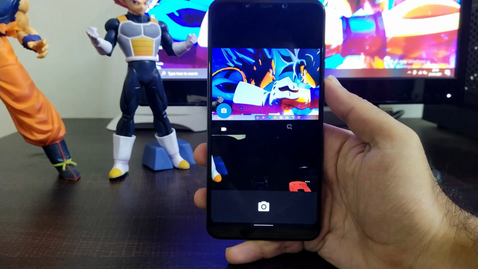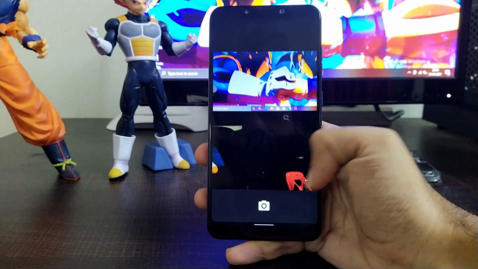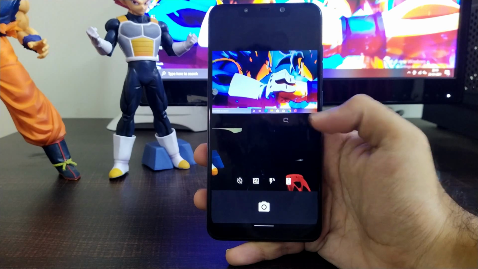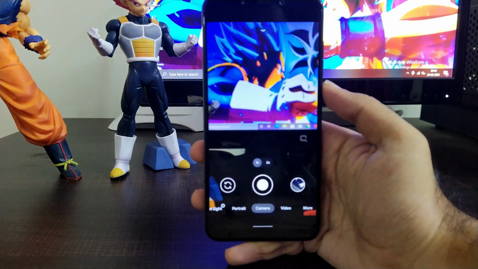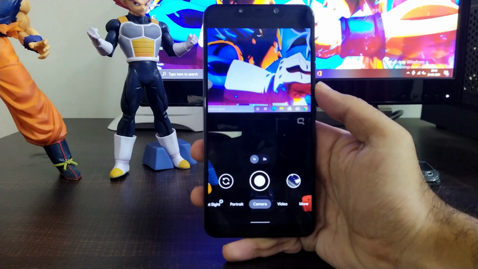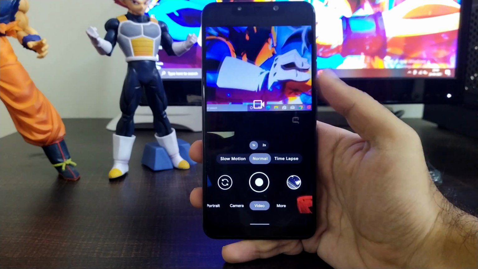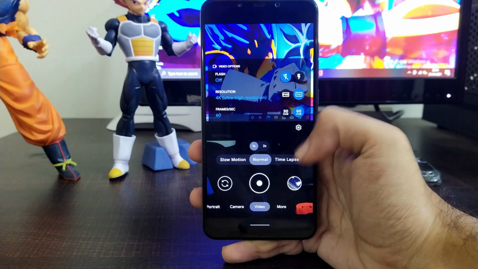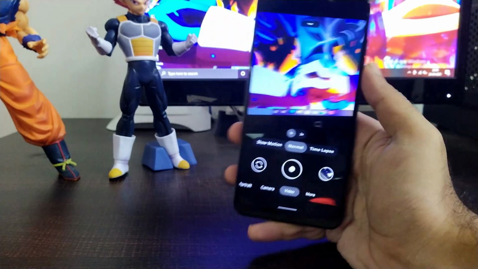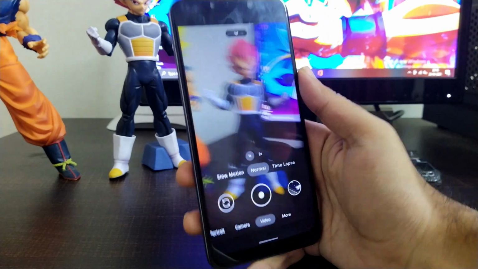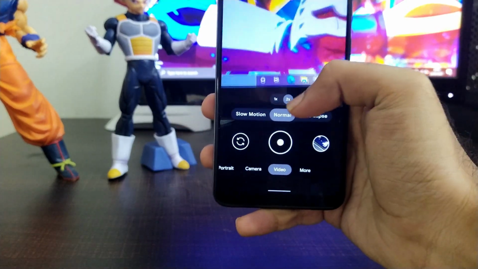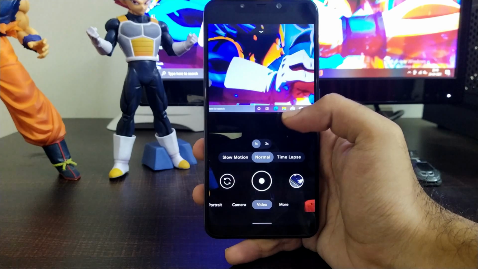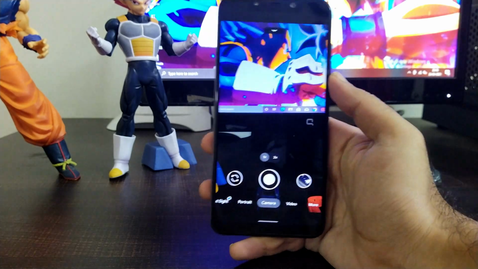Moving towards the camera, you will get the generic camera installed in the system itself, but you don't have to worry as you can easily install the Gcam 8.2 version, which is the latest and has 4K 60fps video recording and all the other things working perfectly fine. You just have to install the APK of this camera just like a normal APK, and done, you are good to go to use 4K 60fps video recording and all the other options available in this camera app itself.